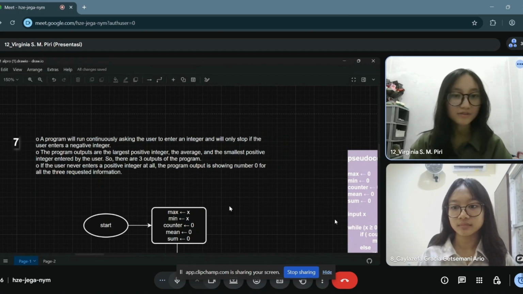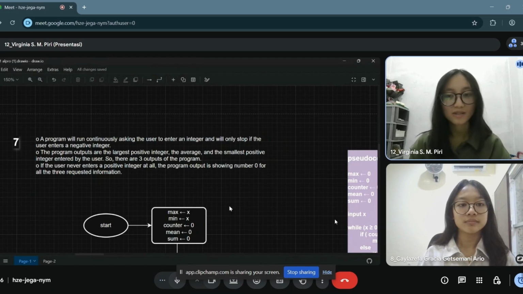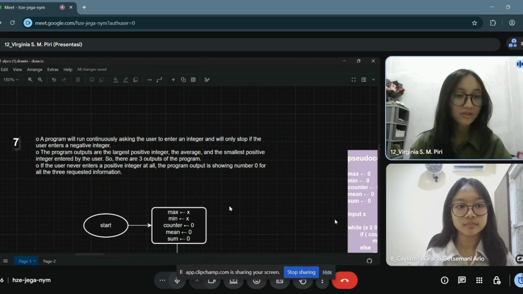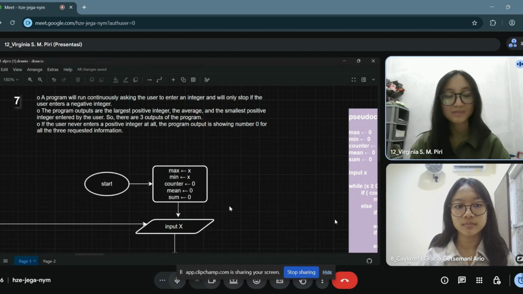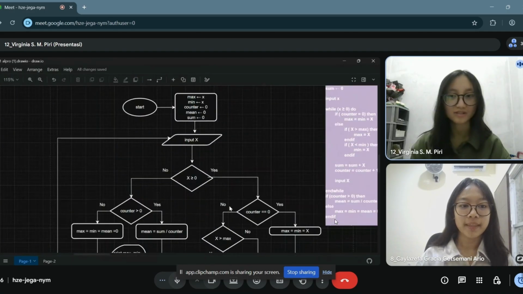The program outputs are the largest positive integer, the average, and the smallest positive integer entered by the user. If the user never enters a positive integer at all, the program output is showing number 0 for all the three requested information. Now Kaila will explain about the flowchart.